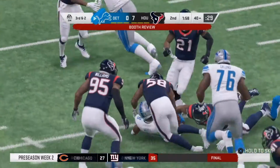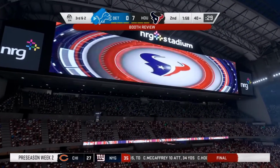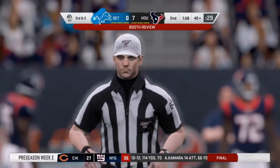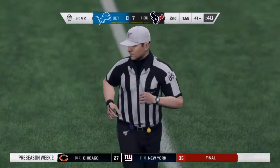So a challenge coming down from the booth, and that's where these challenges come from, of course, in the final 2 minutes of the half. Yeah, now we're going to New York, right? That's command central for the officials. They'll talk, they'll take a look at it, communicate with the referee at the game site, and issue a final decision because they...